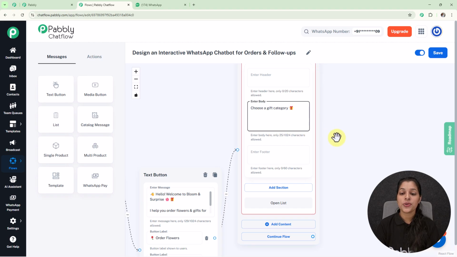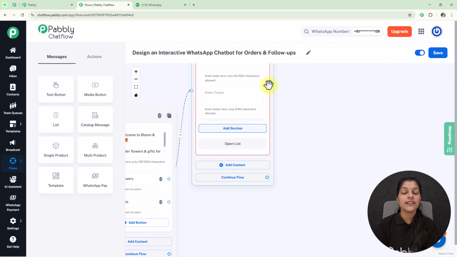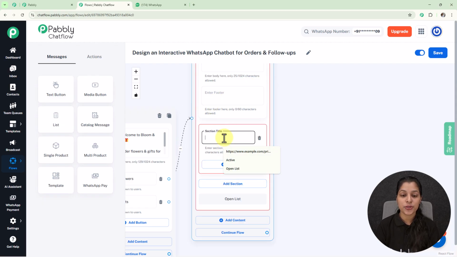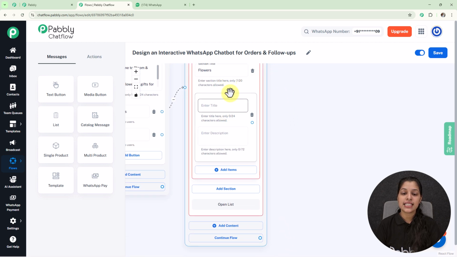Now I am going to add some items to this list. For that, we firstly have to create a section by simply selecting this add section, and here I'm going to enter my section title as flowers. So now let's enter it, and afterwards on this section I'm going to add some items or some flowers offered by my business. Now let's click over this add items, and here we are getting this dialog box